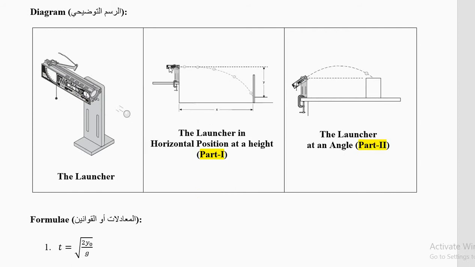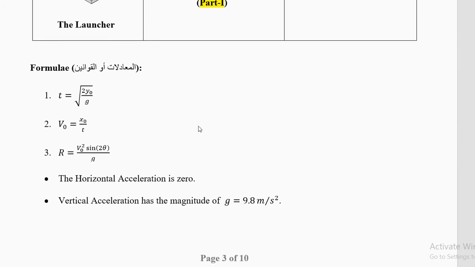In part 1, you will keep the launcher horizontal and launch a ball. The gun does not have the speed written on it, but you can estimate it, you can calculate it. This is part 1, it is horizontal. Here it will have a small angle which is 25 degrees. Look, here it is being launched straight, but the earth is pulling it down, so it is coming down. Here it is launched at an angle and the earth is pulling it, so it will go up for some time and then start falling down.